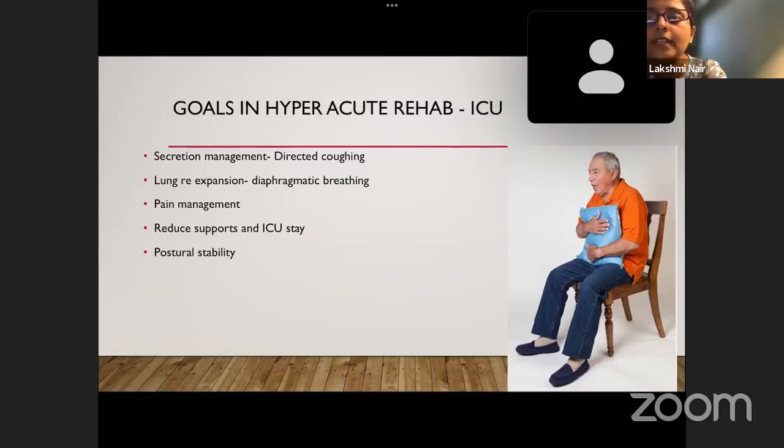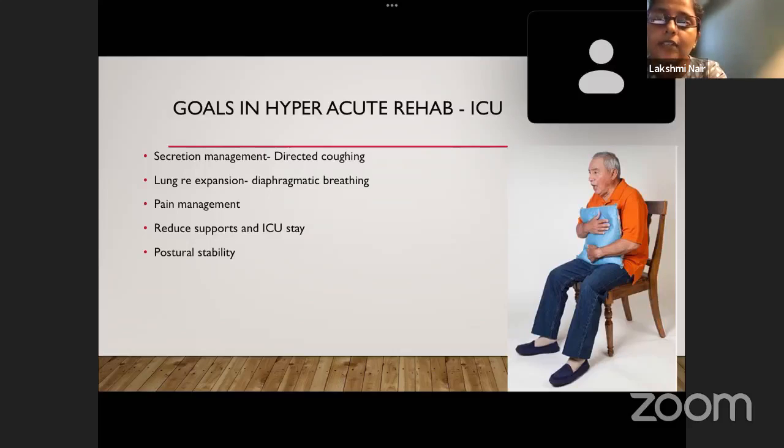So we need to cut the cycle from the beginning. So assisted coughing technique, and also just think about the mucolytic agents, and also what else? Secretion clearance. If at all they are on tracheostomy, then it becomes more of a concern. They will be used to this mouth breathing and the expiratory techniques, controlled breathing techniques through mouth. But we need to re-educate them that you need to breathe through your neck and not your mouth, and they can press on the tummy a little bit, making sure that the incision site is safe.